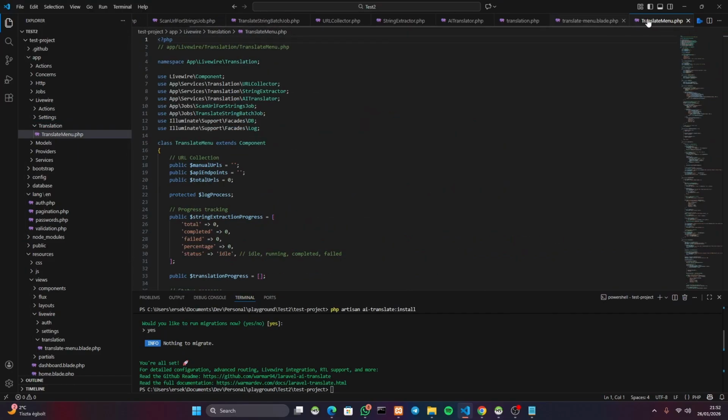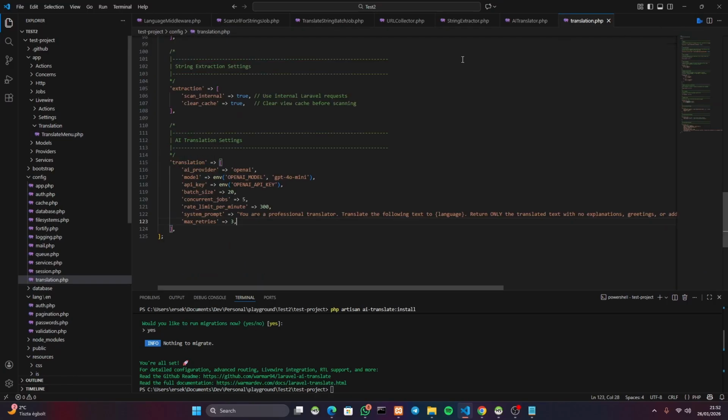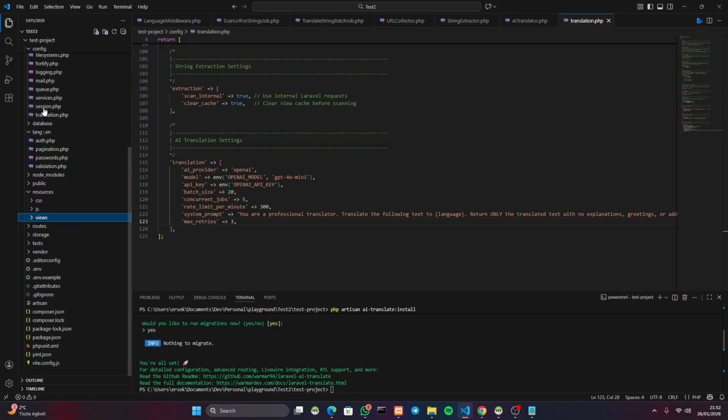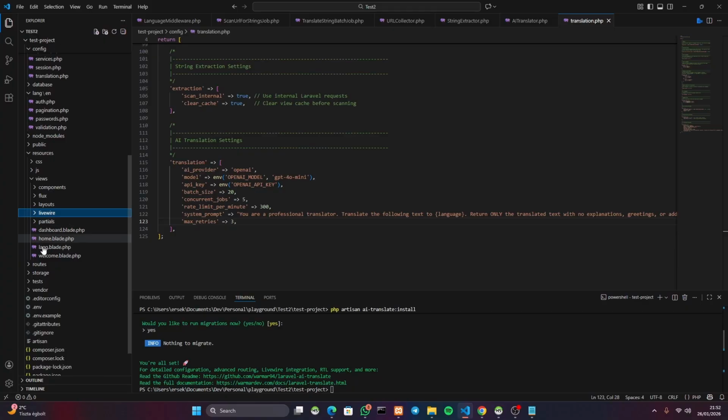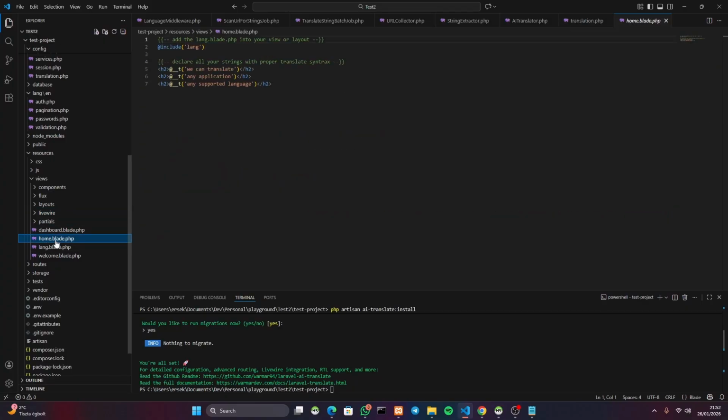If you don't want this, you could create an Inertia, React, some kind of Vue.js or whatever you want. I use Livewire because I like and I use Livewire, so I just created the translate menu itself using that. Okay, so other than Livewire, I also pushed 2 more simple view files, so views, and not inside Livewire, but actually just the native views. One is the home.blade.php with just a couple of examples of how you should use the translation, and of course